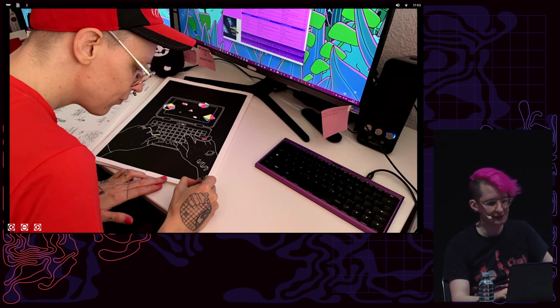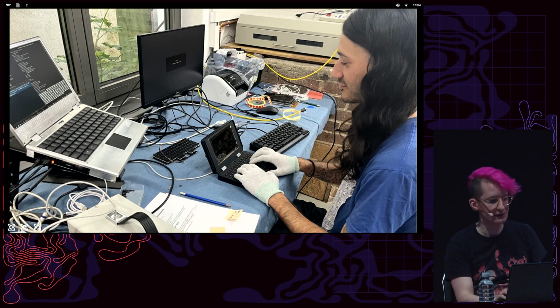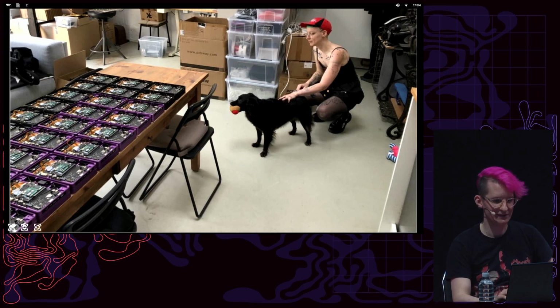Here's Henri signing his key visual artwork for the Pocket Reform. Here's Greta representing at the last Chaos Camp. Here's Liaison testing Pocket Reforms before shipping. And here are Tina, the dog, and Henri watching over the production. Okay, I need to hurry up.